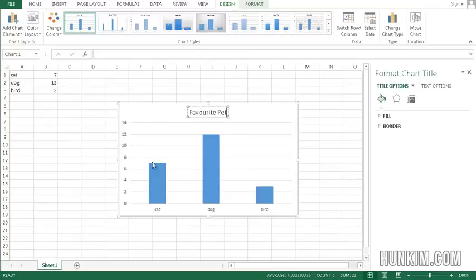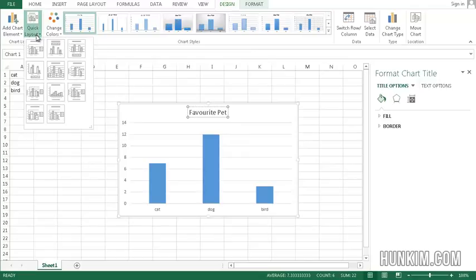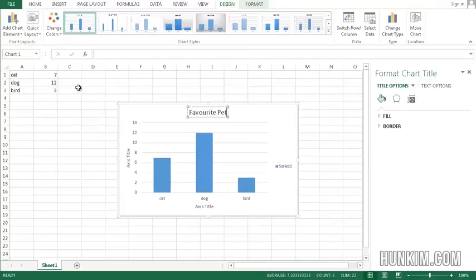Notice how as soon as you create your graph, there's this design. We're right now inside the design tab. There's this thing called quick layout. In Excel 2013, with quick layout, we can actually choose the layout that we like, and I like this one here, layout 9, and choose it, and we can see that we can actually add more